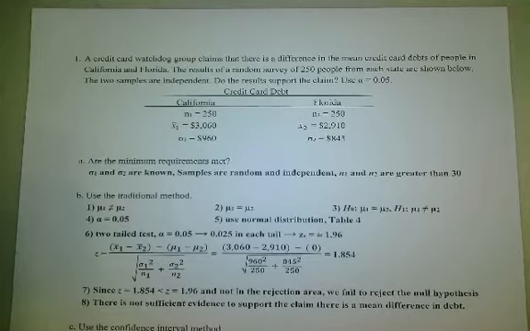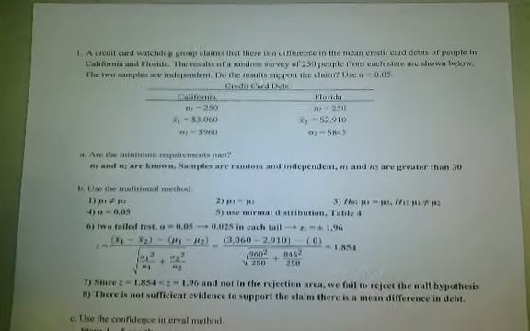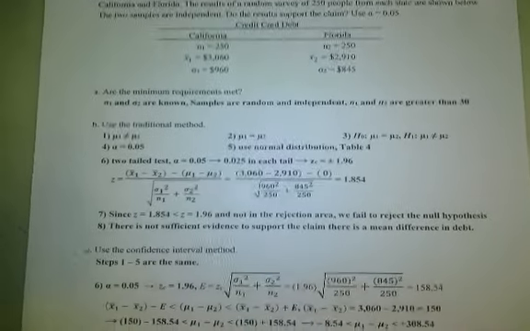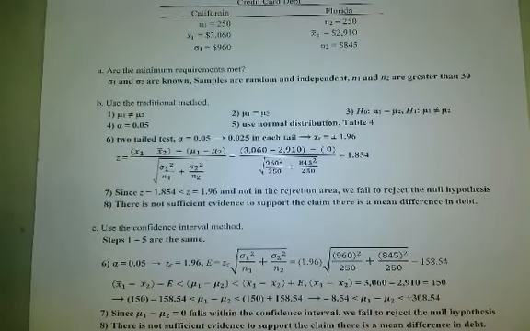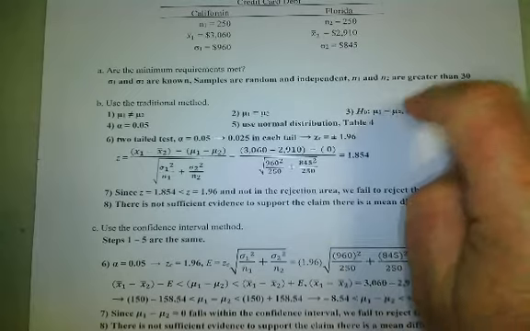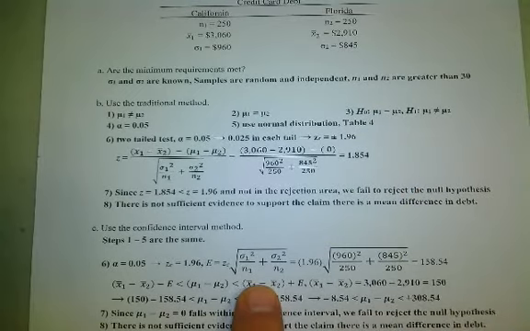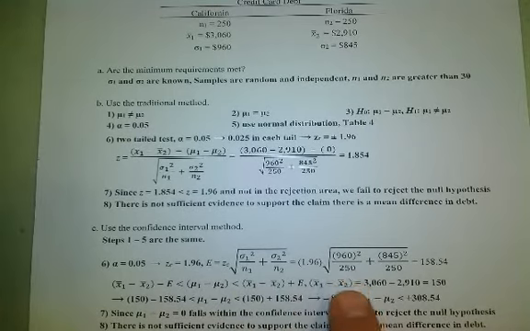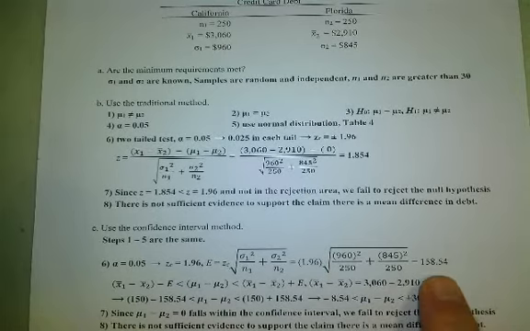So that is the traditional method, or sometimes called the critical value method. Now, what if we want to do a confidence interval method instead? Well, again, our alpha is 0.05, so the critical z-score is 1.96. It's got to match what we did up there. But this time we're going to do our margin of error, and so it's the 1.96 times the square root of sigma 1 squared over n1 plus sigma 2 squared over n2. Don't forget to square. If you don't square those things, you'll get a false result. So we come out with our margin of error is